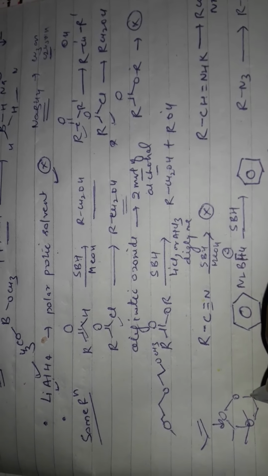Simply, sodium borohydride does not reduce the ester, but in the presence of lithium chloride, aluminum chloride and diglyme, it reduces to RCH2OH and ROH. The nitrile CN it cannot reduce. ArN2+ BF4- it reduces to benzene. This is a very important reaction. If you add sodium borohydride to a tertiary halide, then it reduces to alkane. It is a very important reaction.